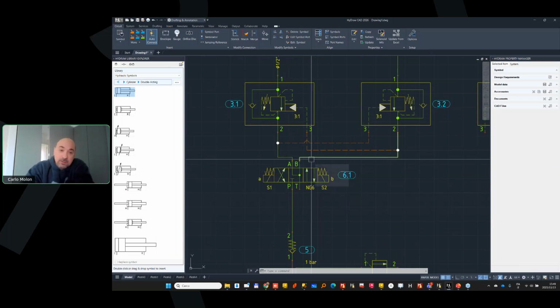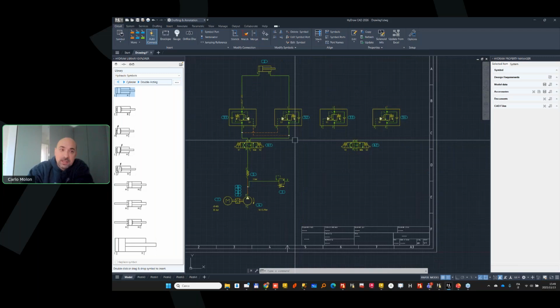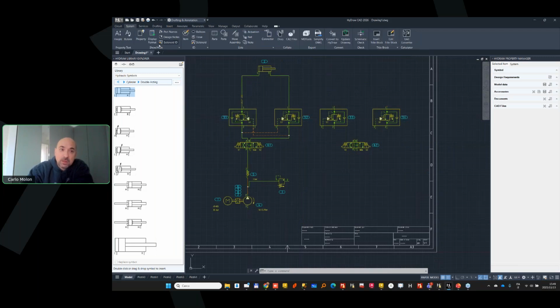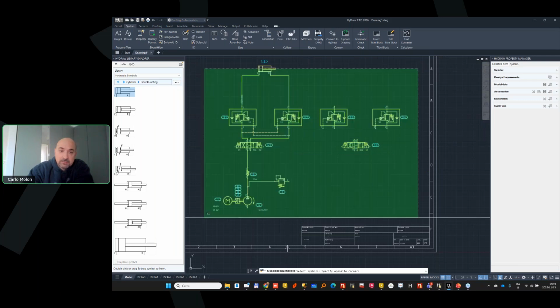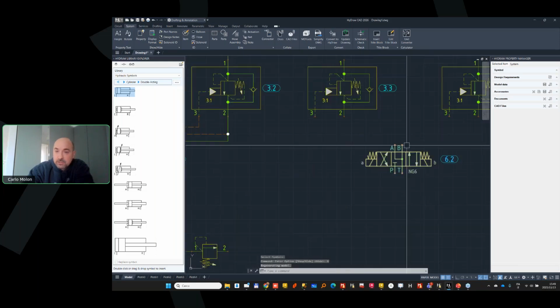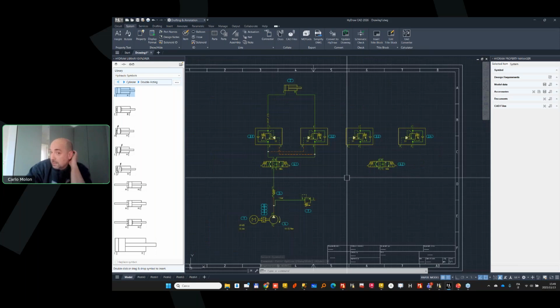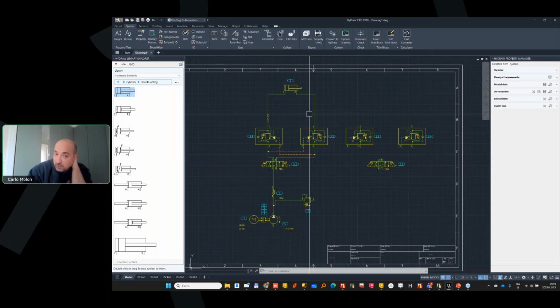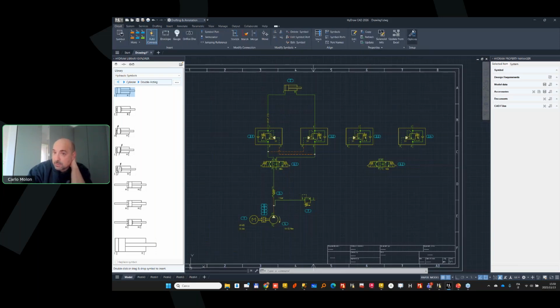It was not possible to hide massively these solenoid IDs. So if you don't need them, there is a command now to hide. It's under System menu, solenoid ID. You can select all the schematic and click hide, and this will turn off all the solenoid IDs. If you don't use the solenoid actuation chart and don't want this S1 and the S2 be visible in the drawing, then you might switch them off under